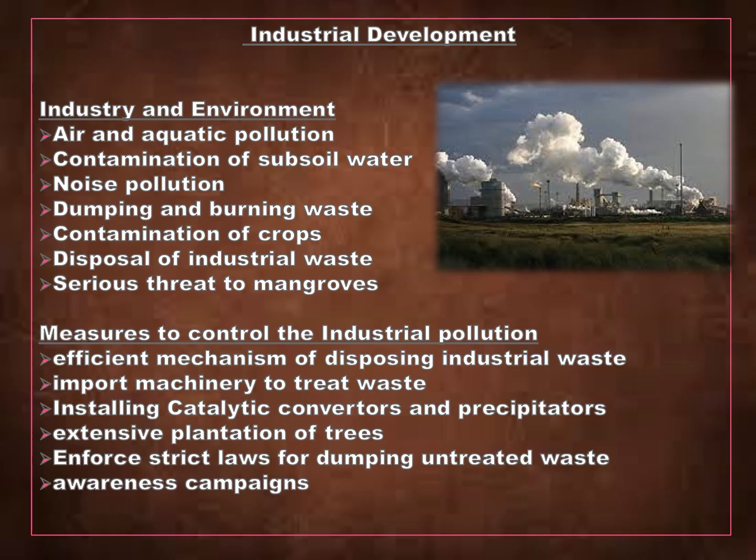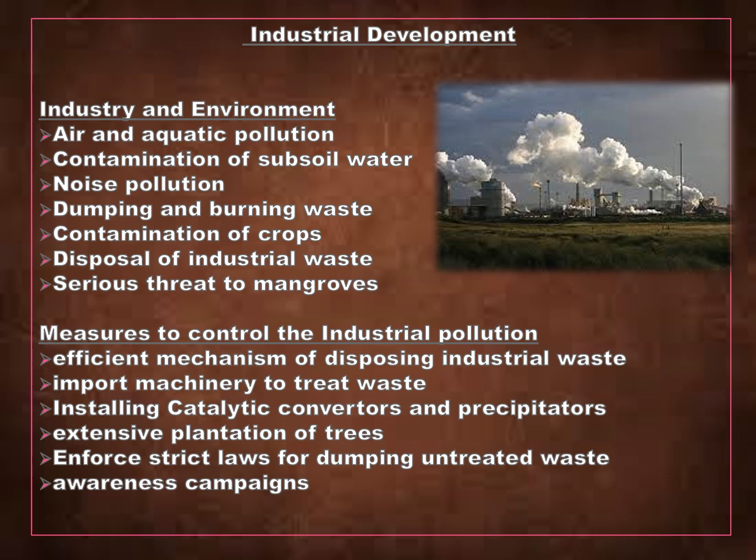Now, if we talk about industry and environment, there is air and aquatic pollution by chemical units, brick mills and factories. Air pollution can be caused by smoke and toxic gases, and contamination of subsoil water causes digestive disorders. Noise pollution is caused by heavy machinery. Dumping and burning waste causes land pollution, and contamination of crops. Disposal of industrial waste in the sea causes adverse effects. There are serious threats to mangroves. So industrial development has its pros, but it has a lot of disadvantages to the population as well,